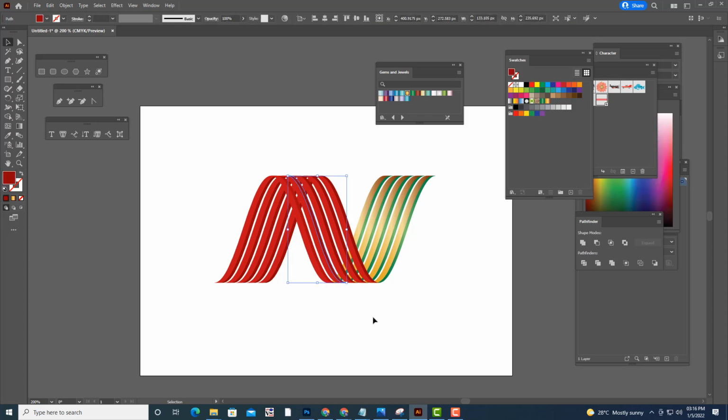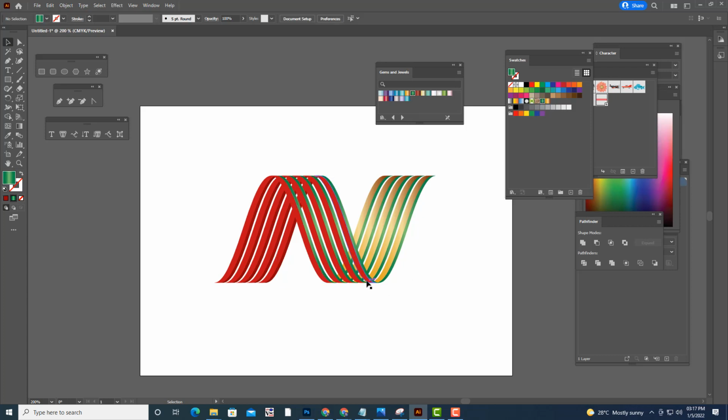So if you don't unite, what will happen is you will not get the color properly. Okay, we have to get the proper coloring. Okay, see here. So just apply the color. Okay, so like this, right?